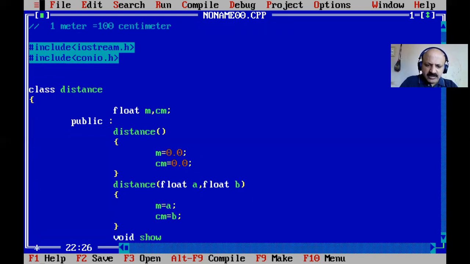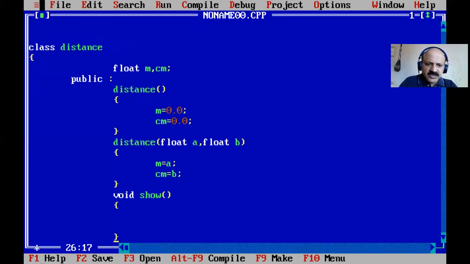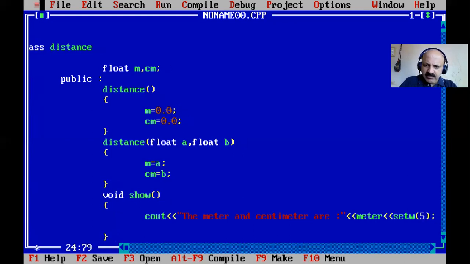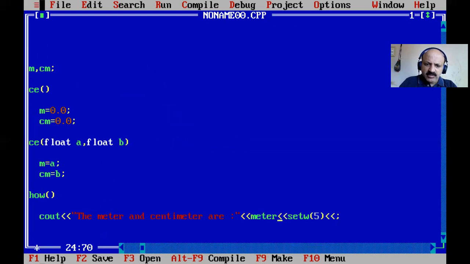Then we take one show member function that just prints the meter and centimeter. First print the meter, then use setw, set width, and then print cm, and also take endl, which are manipulators.